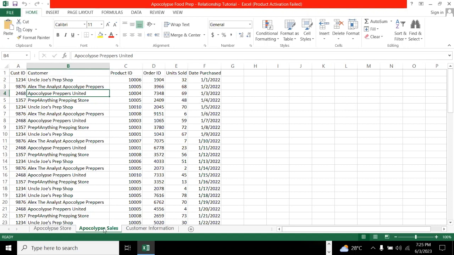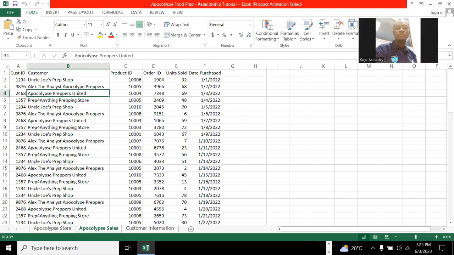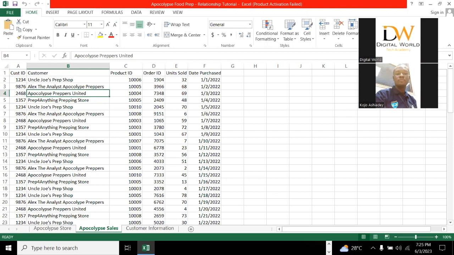So basically, this is the data of all the sales that they already made. All the sales that have been made are inside this data. And